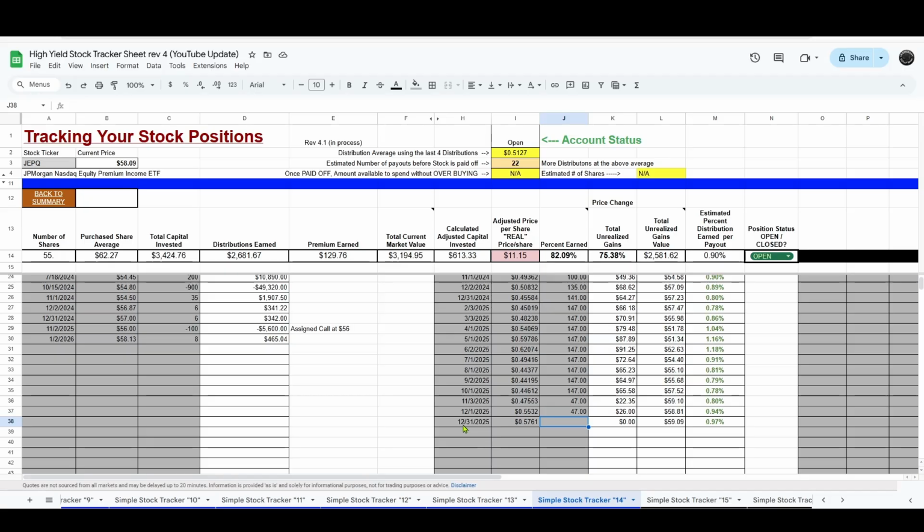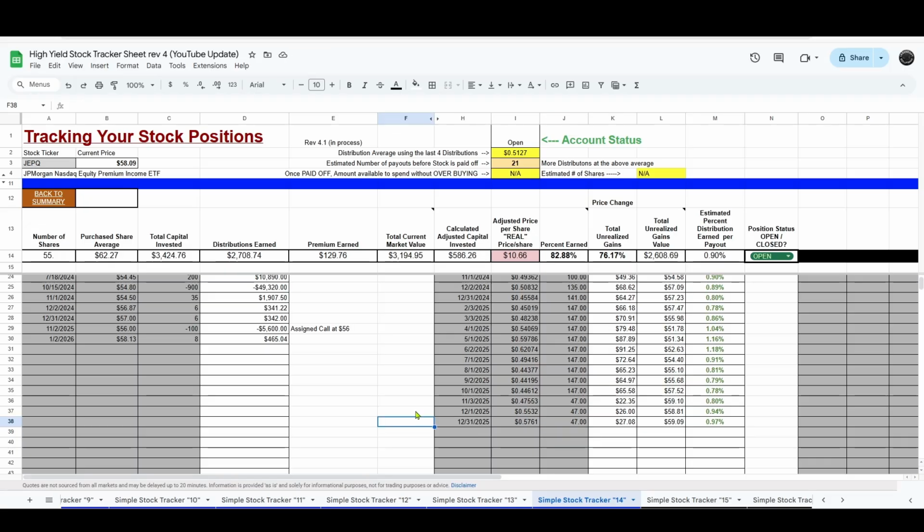Well, the X date is December the 31st, so I can account for all shares before the 31st of December. Well, this last purchase was on January 2nd, so I do not get to count those 8 shares as part of that distribution. So I must subtract 8 shares out of my total number of shares of 55, which will give me 47 shares for this distribution. So that will change my real price per share from $11.15, and that's going to bring it down a little to